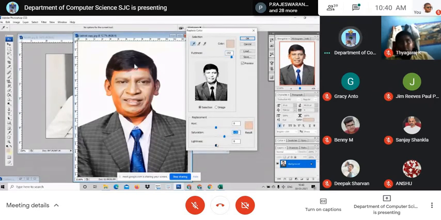Adjust the lightness. You can adjust it accordingly. The color difference will be there. For example, look at here. See, you can make the difference. You will have to see.